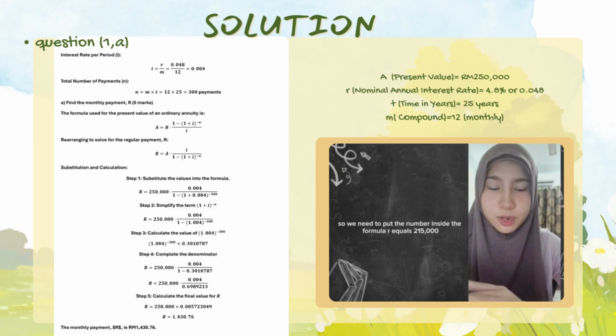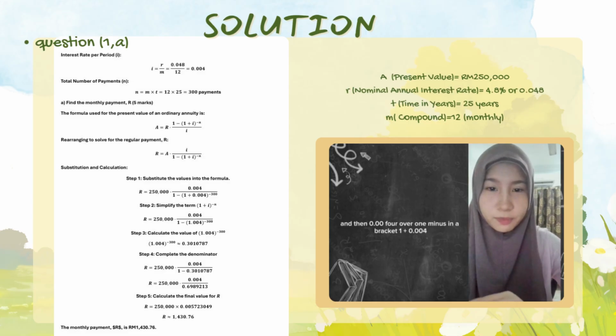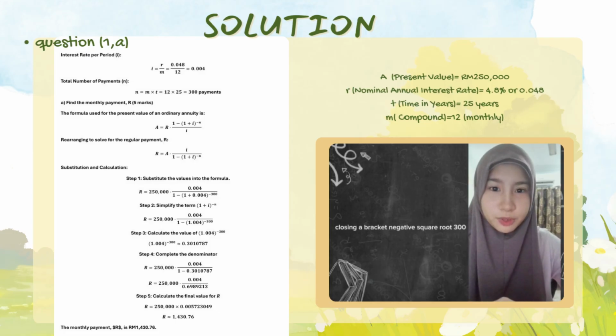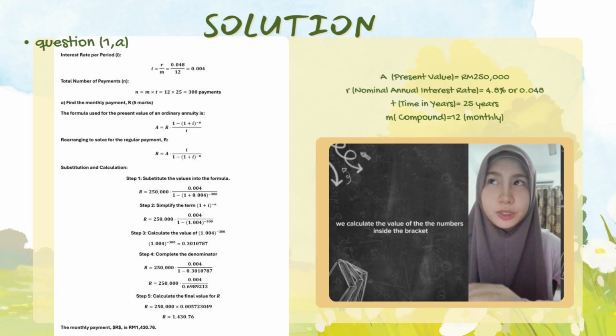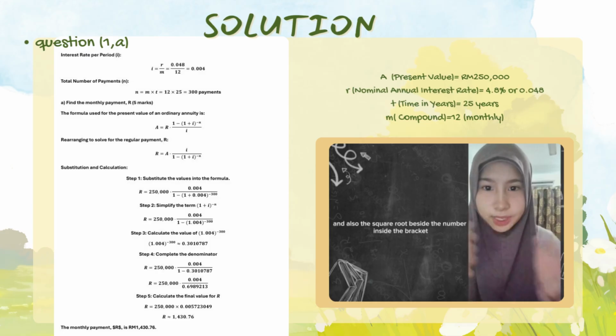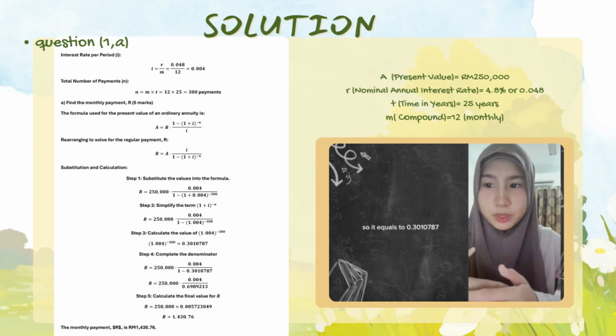R equals 215,000 times 0.004 over 1 minus (1 plus 0.004) to the power of negative 300. And then when we solve it, we get 250,000 times 0.004 over 1 minus (1.004) to the power of negative 300. After that, we calculate the value of the numbers inside the bracket and also the power beside the number inside the bracket. So it equals to